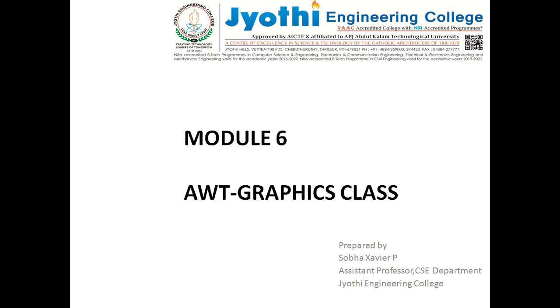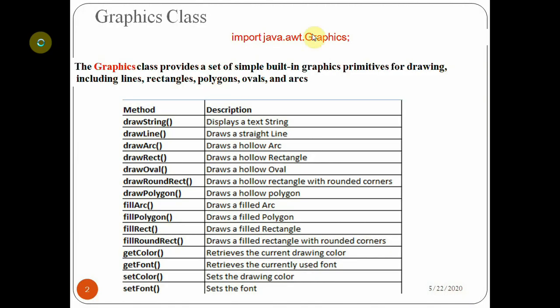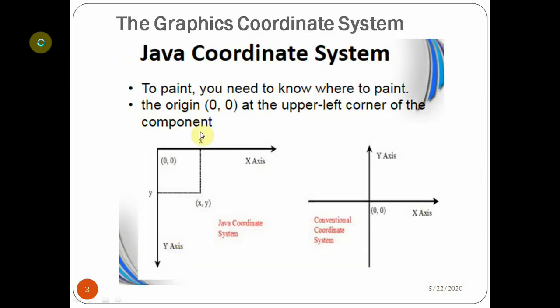In this video, I am going to explain the AWT Graphics class. Graphics class is a built-in class which comes under the AWT package, and this class is used to provide some methods for creating different shapes and it is used to create some drawings. Okay, so these are the different methods that come under the Graphics class. We can draw different shapes using the Graphics class, and we can fill the shapes, and we can set the background color, and we can access the color of the window.